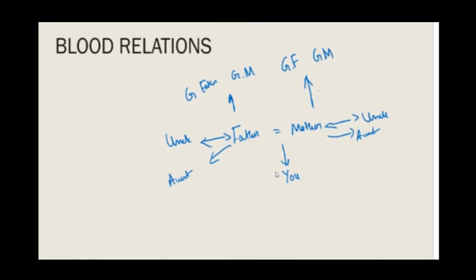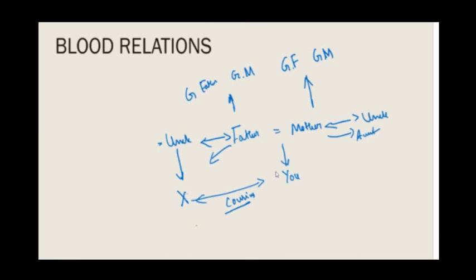Right? Now, in this case, suppose your uncle or aunt has a kid. Let me just erase this aunt part. Now, uncle is married to someone. When uncle is married and the uncle has a kid, let me say the person is X. Now, what is the relation between you and this person X? These two are nothing but what we call cousins.